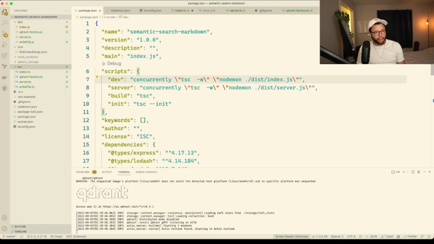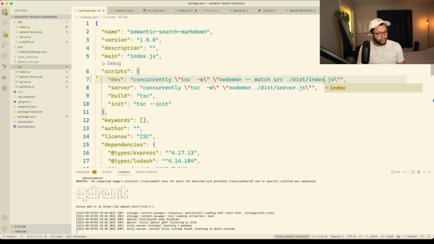So maybe I'll just change that to watch the source changes in the source file. So let's say that, and then, well, we still need to run, wait a second, what? We still need to run this file, the index.js, though. So maybe this is like a